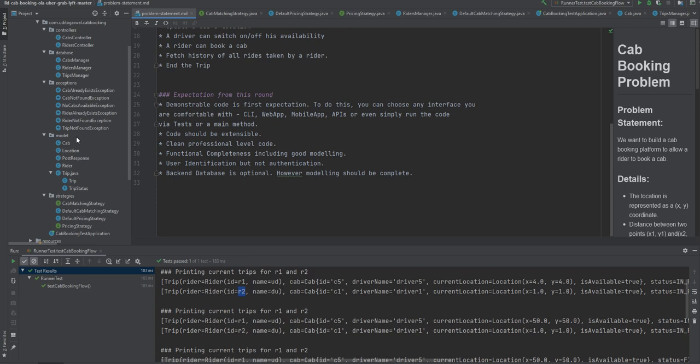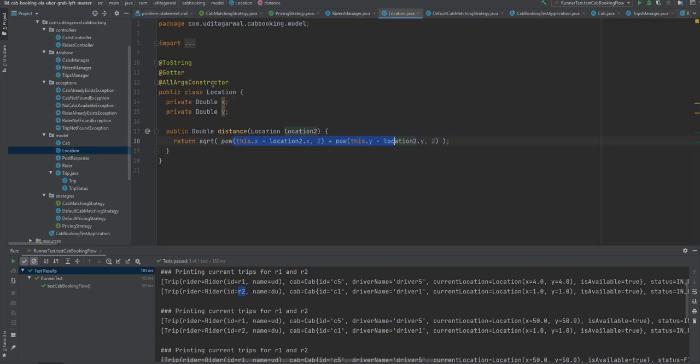Another thing we have done is that we are creating things immutable. By immutable I mean X and Y are not updatable at all once they are created in the beginning. Location in itself is not updatable. If a location has coordinates x and y, then that location will always have those coordinates.